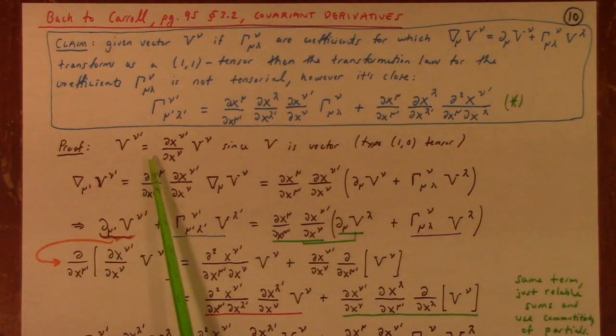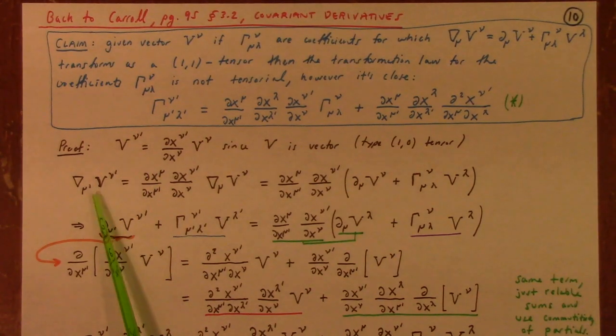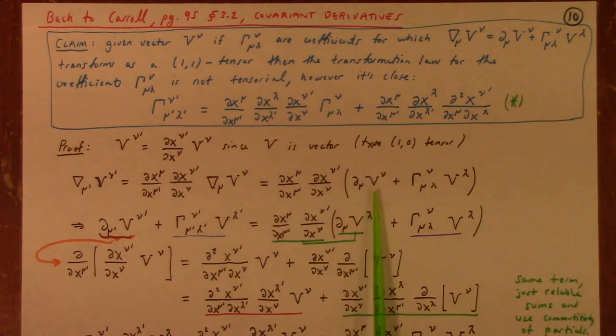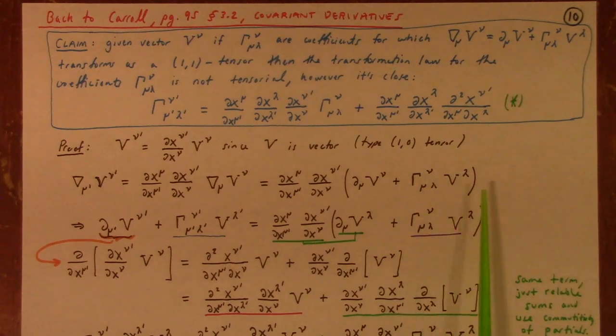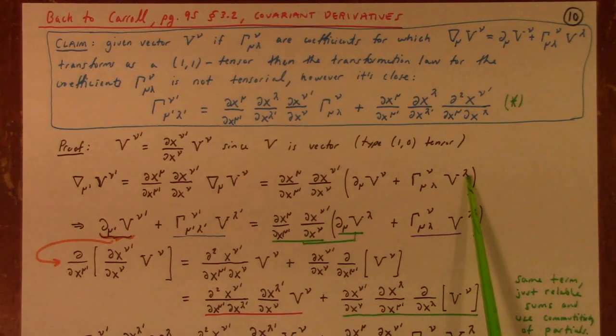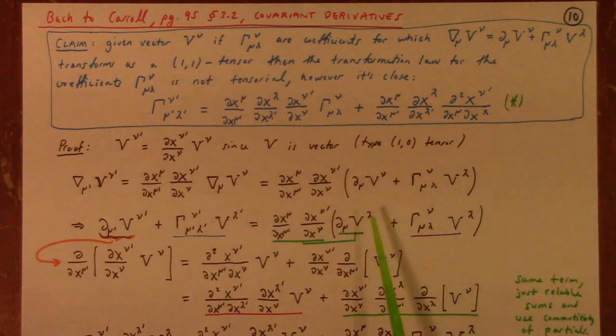So here, if we're assuming that this is a 1-1 tensor, that means that with the primes, we can convert to unprimes if we contract against, let's just call these, transition functions. On the other hand, this is by definition partial mu V nu plus gamma nu mu lambda contracted over the lambda, V lambda there. And on the flip side of things, let's see here,